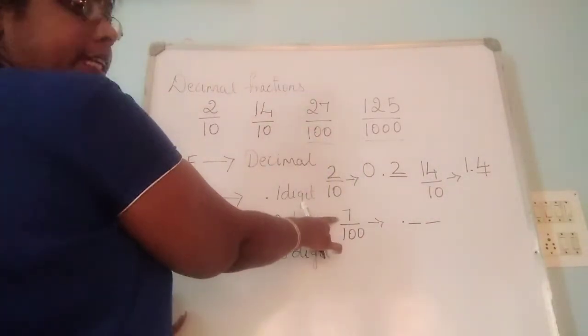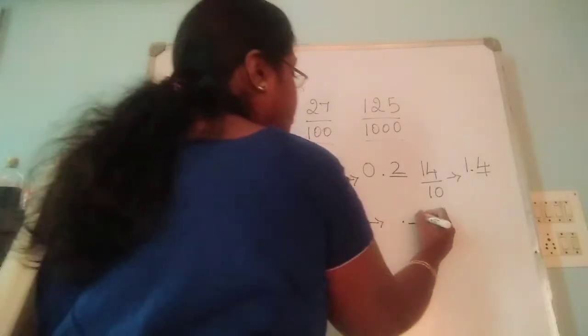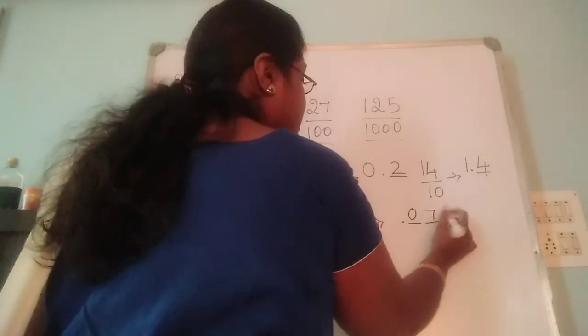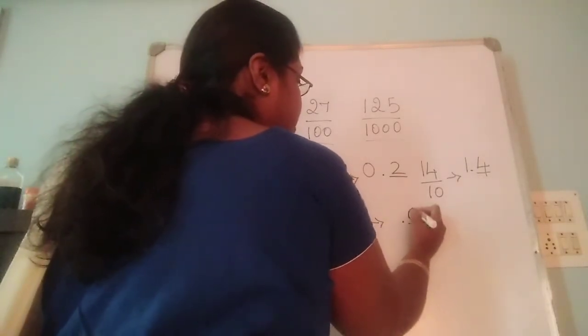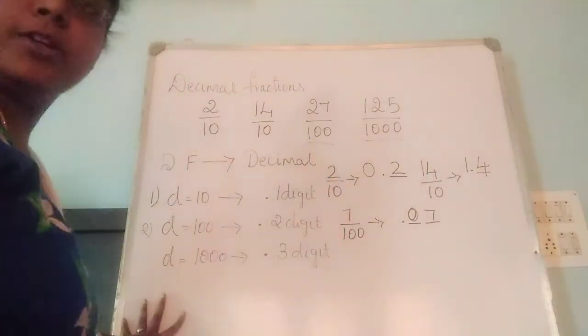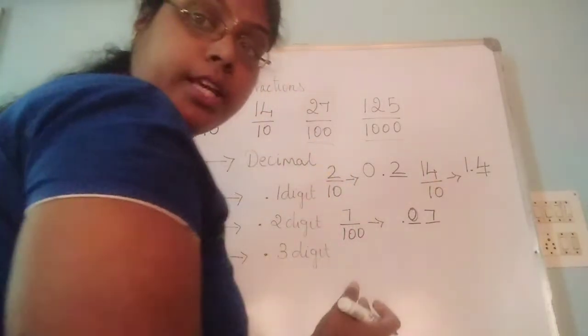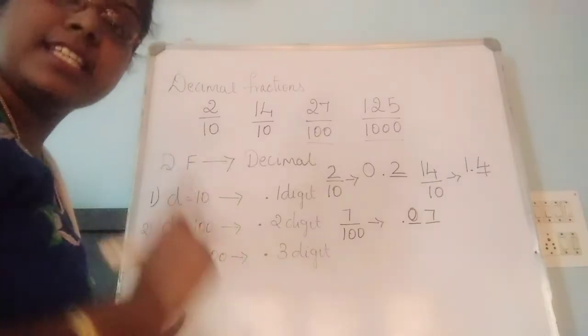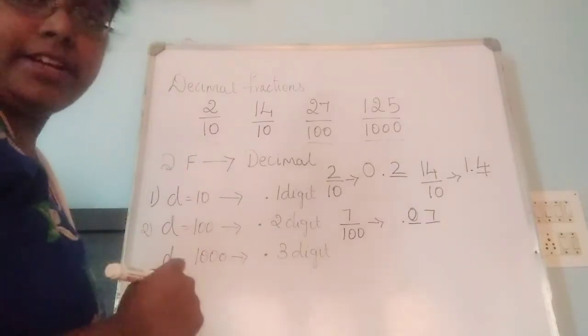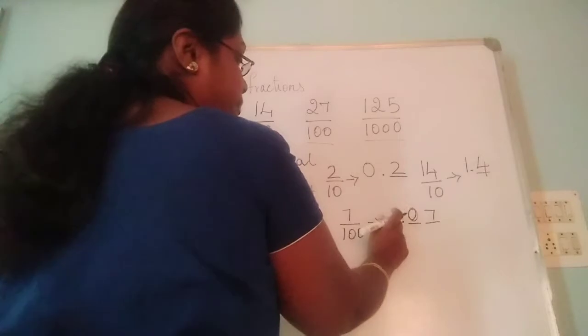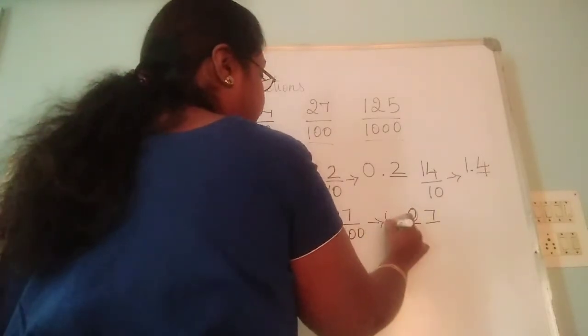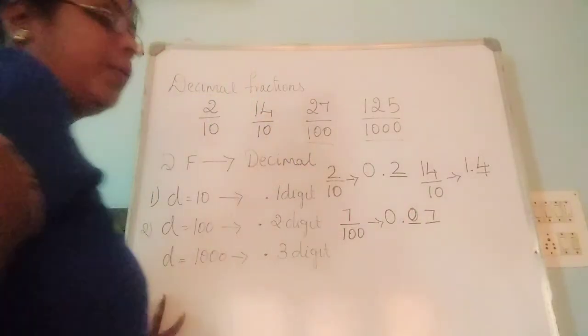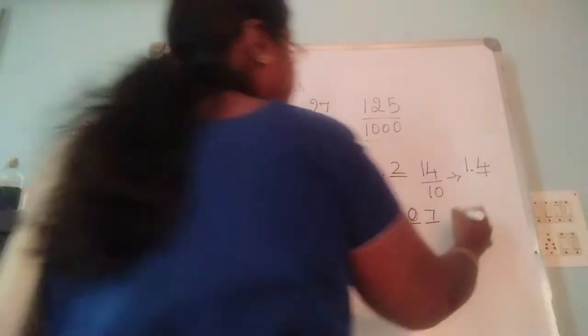And what is our numerator? It is 7. So here you will be writing 0.07. Since it is 2 places, you will be writing 07. You cannot write 70, because 70 becomes 70. So you need to write 07 to make it 7. And this part is empty. This is the whole number part, and here you will be writing 0. Okay, yes. Now we will move on to the next example.